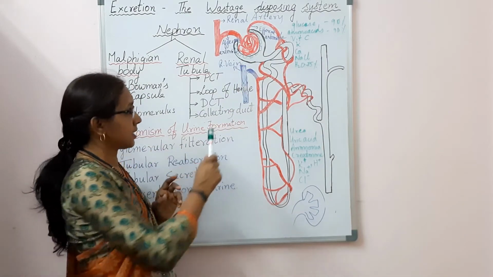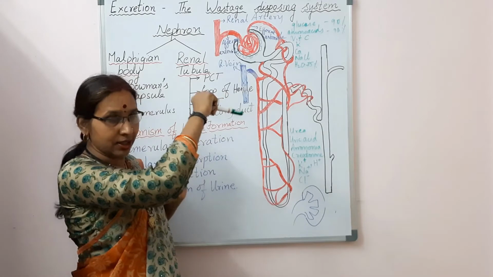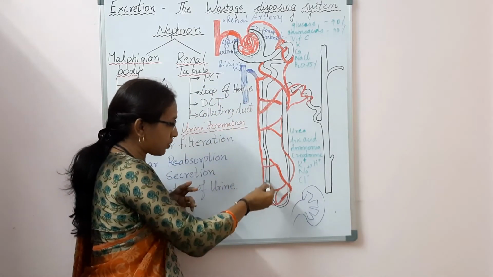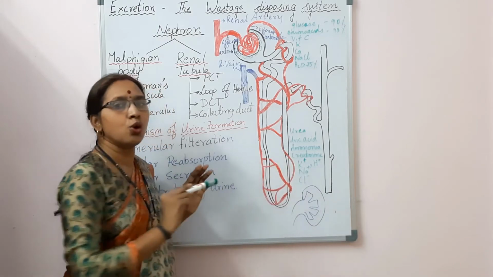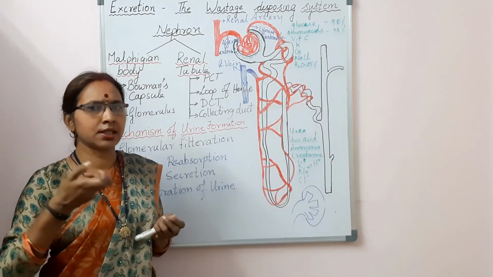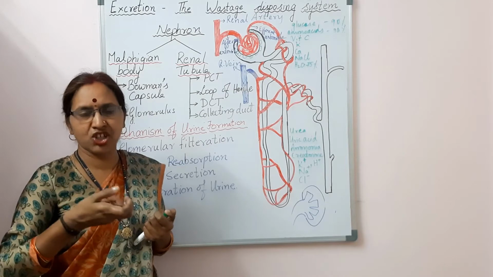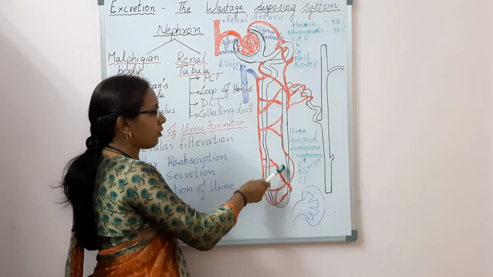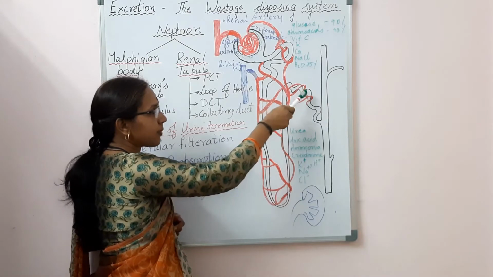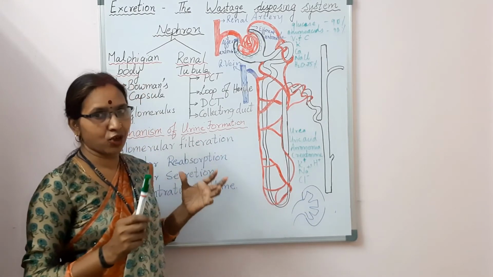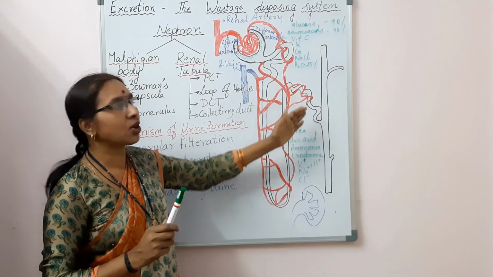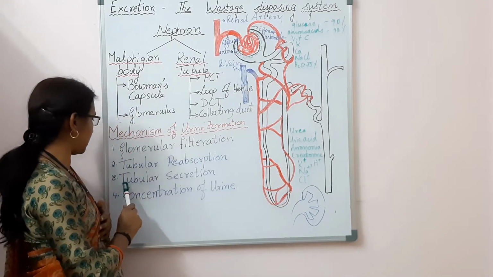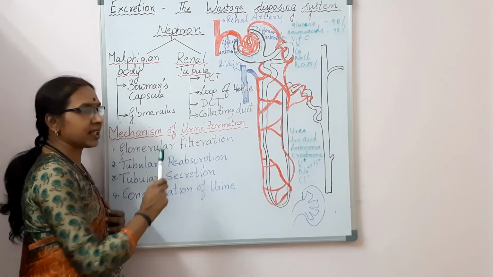Now, after everything is reabsorbed by the blood, whatever is left of this urine comes into this U-shaped structure known as the loop of Henle. Here also potassium and a few salts are reabsorbed. And then it enters the last, third part of the nephron structure, that is the distal convoluted tubule. Here the third mechanism takes place. The third mechanism is tubular secretion.